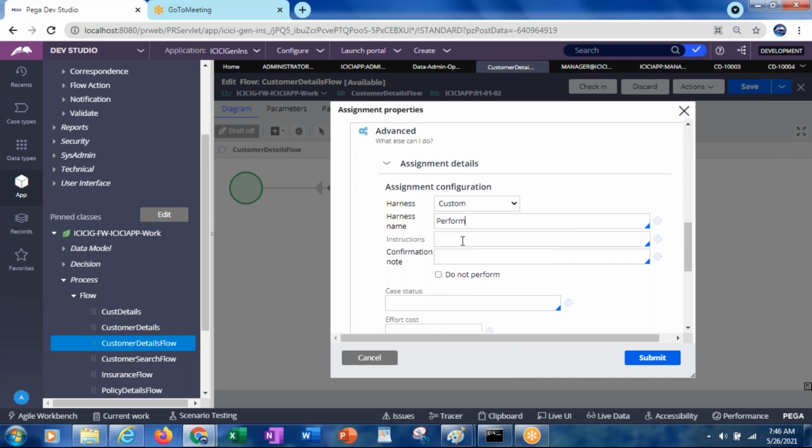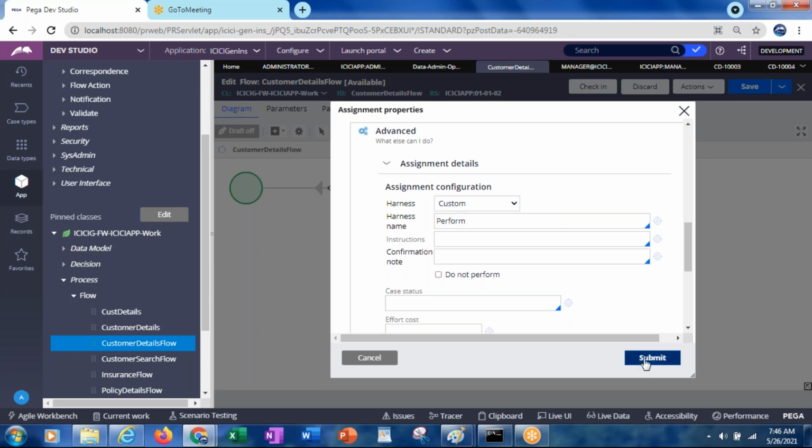So like that you can change it accordingly, but by default, if you assign any flow action at the assignment level, Pega will take use case type policy, and that refers internally to the perform harness. Whether you select custom and perform, or you select use case type policy, both are the same only.